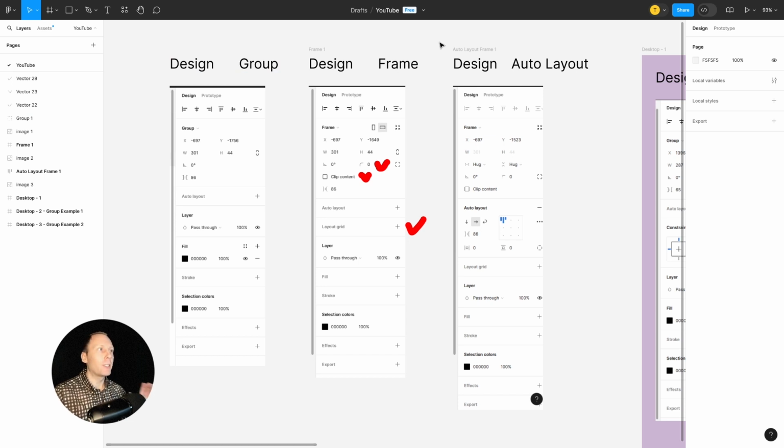Great. Now let's talk about frame 1 and auto layout frame 1. Auto layout or auto layout frame is still a frame, but with additional options on the right side. That is the difference. We usually say auto layout, but auto layout is auto layout frame because it is still a frame. I'm going back to pencil and let's check the difference between frame number 1 and auto layout frame